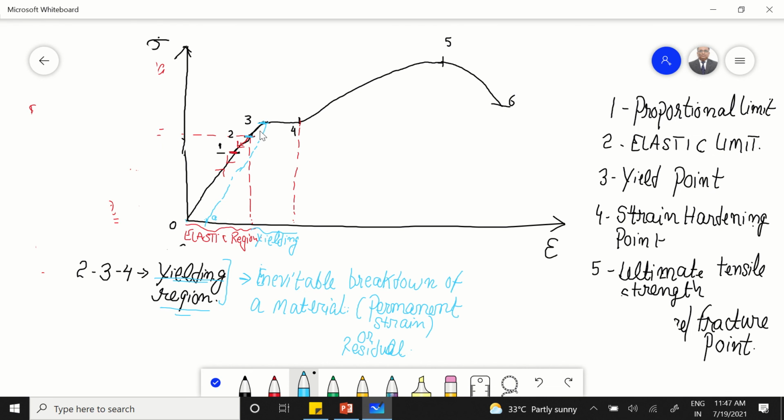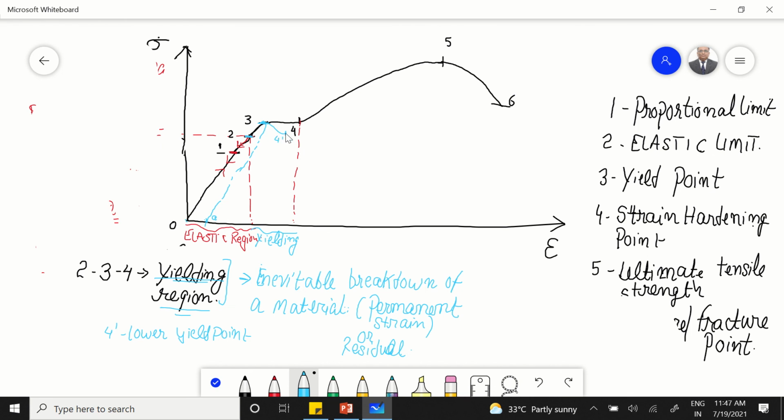So due to this type of adjustment in their molecular structure, what happens is that for most of the metallic materials, the load decreases to some small value till it reaches another point, let us say 4 dash. That point we call the lower yield point. But although the load may continue to decrease, there will be permanent deformation, or a strain, being produced in the specimen itself.